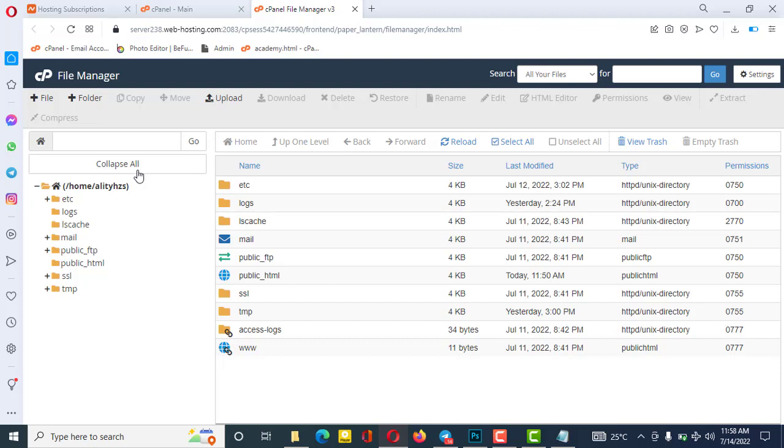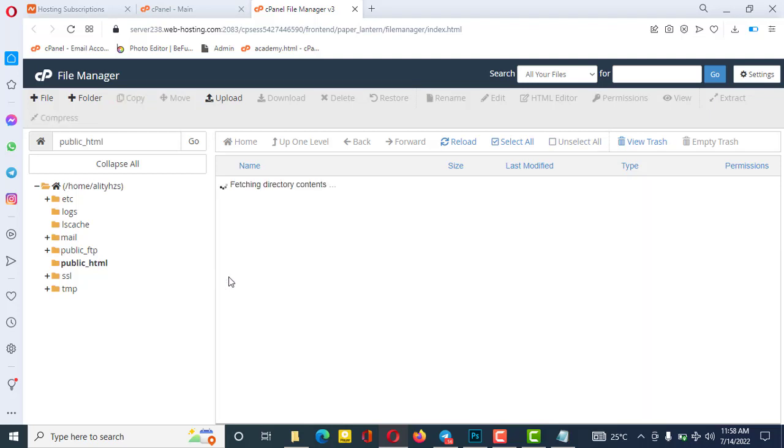You just have to open the file manager and go straight to the public HTML to upload your first file. We are going to be uploading two, three files now. Now, you have opened the public HTML. The next thing you have to do is to upload the first file. The first file is saved in the course as